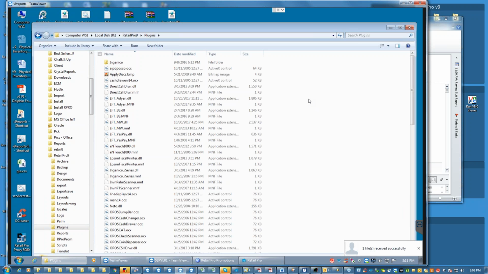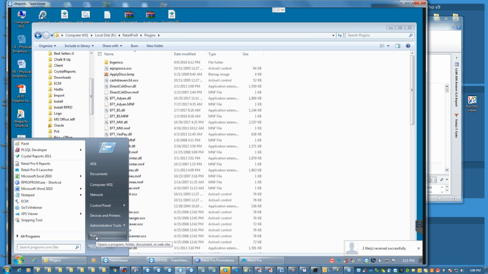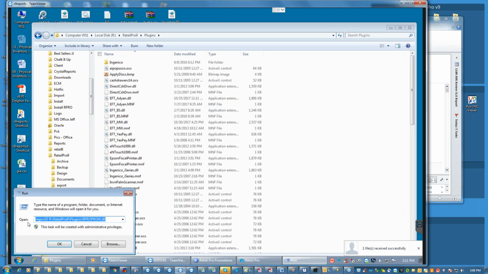For version 9 people, you also want to do what we call register the DLL or the program. This is a little bit under the hood, and for some of you, if you want to try to install this yourself, you might need a little bit of tech help to get it done. But I'm just going to show you what it looks like. We go down here to the start menu, and we go to the run. You can see I've got a command right here,